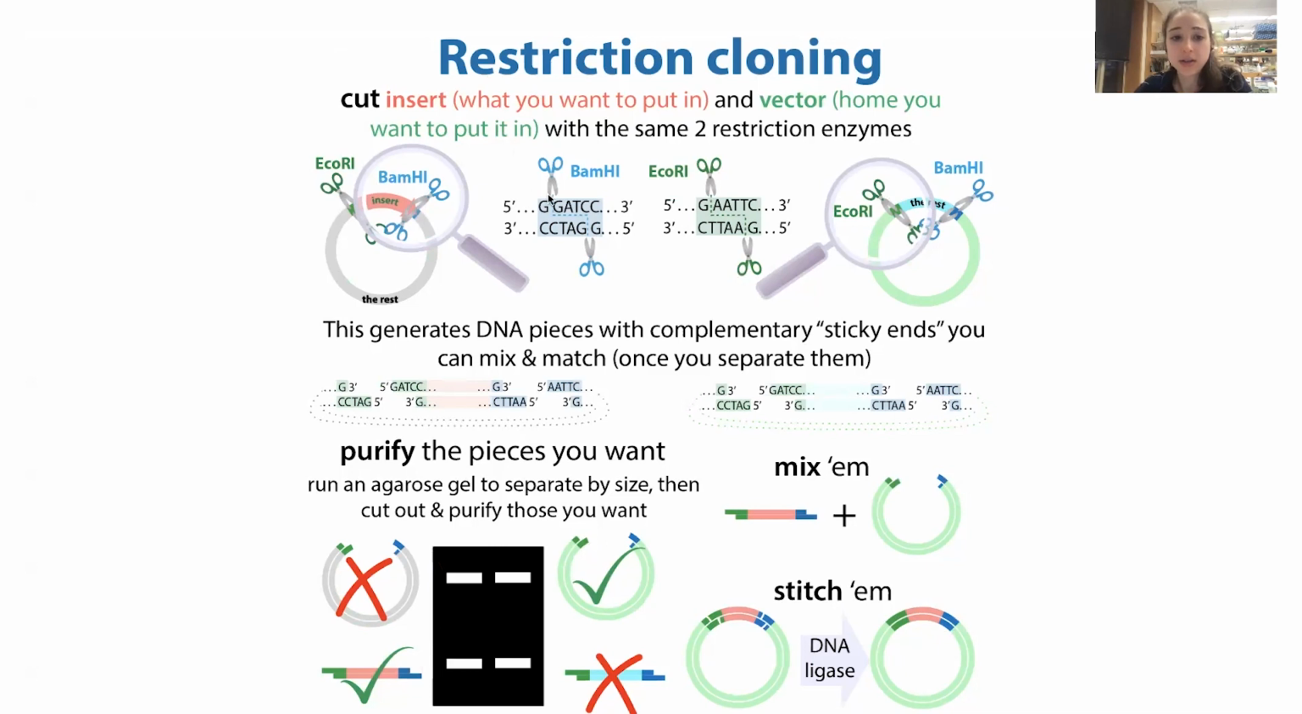When you do this, you want to use the same restriction enzymes, or at least ones that generate complementary sticky ends. And typically what you do is you do this cutting, and then you run an agarose gel electrophoresis. So you're separating the DNA pieces by size, and then you do a gel purification where you're purifying out these pieces. Then you take the pieces you want and you mix them together, and then you stitch them